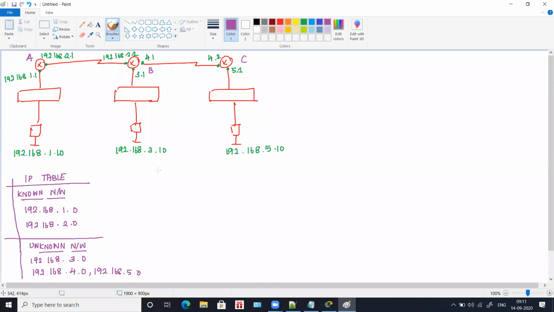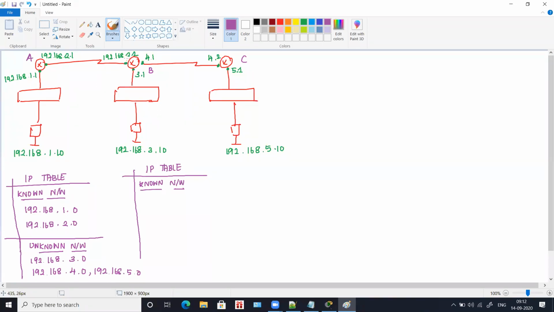Now let's go for router B. For router B, we'll again write the IP table, and first we'll write the known network. Tell me, for router B, how many interfaces are there? Three. Very good. So router B has three interfaces.